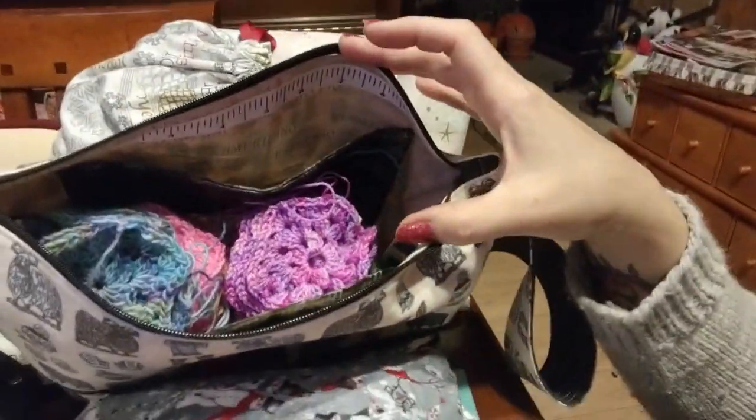Here, I'll show you the inside. This is the bag I'm keeping them in. I don't know if you can really see, but I got 5 out of this mini, which is interesting because this is the color that I accidentally did 2 stripes on my socks. And I used a little bit of it for one of the little tiny things that I was knitting for Emma's Advent thing. So I was kind of surprised I was still able to get 5 hexies out of it. There was one that I used, I think, for the little mittens. Anyway,